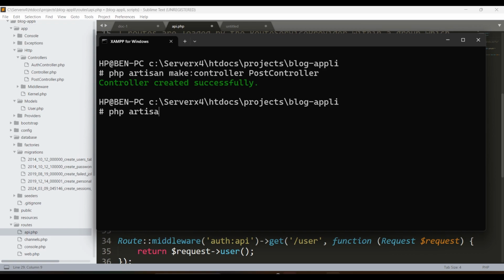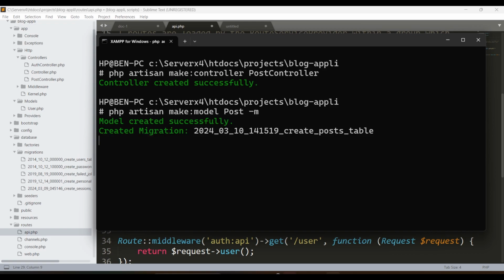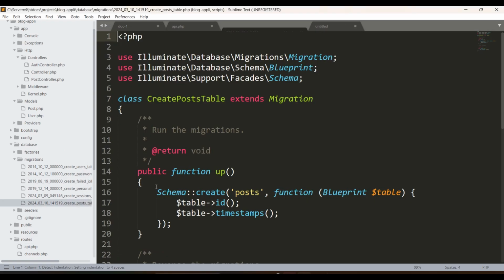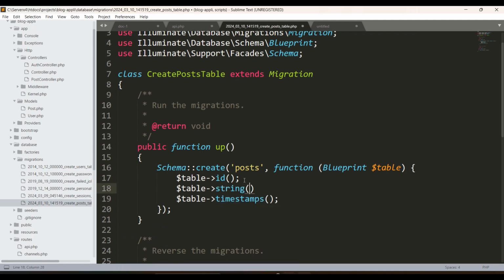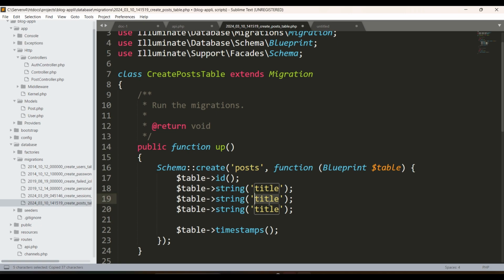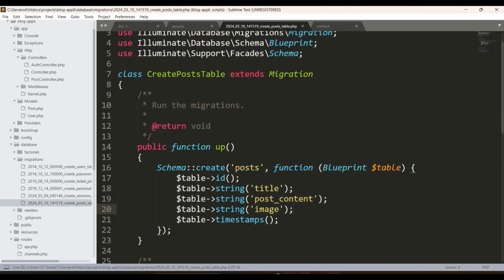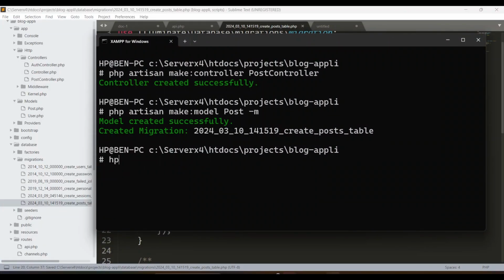and then we need to create the model for the post controller, Post, with the migration -m. Here our post table is going to have 3 columns. The first column is going to be title, the second one post contents, and the last one is going to be the image. And then we need to do migration in order to create our post table